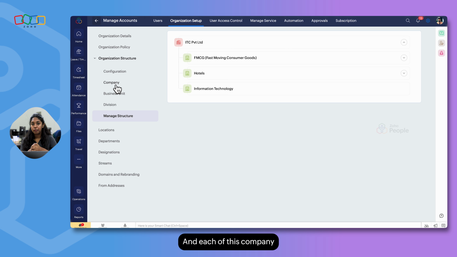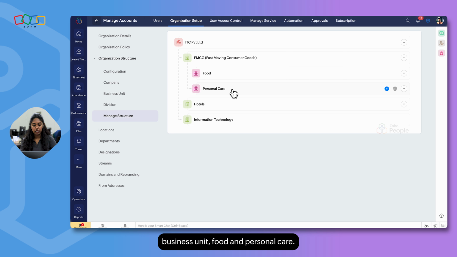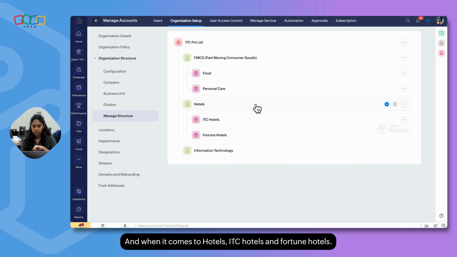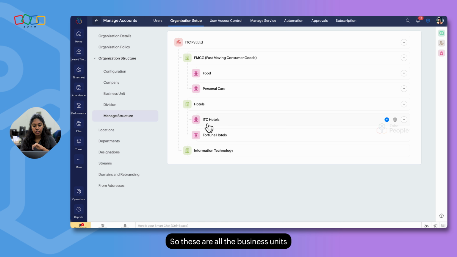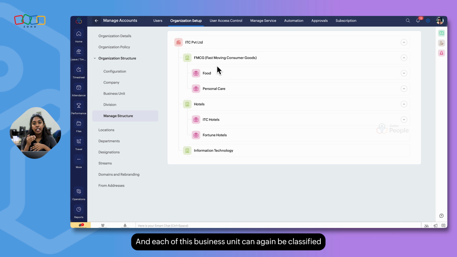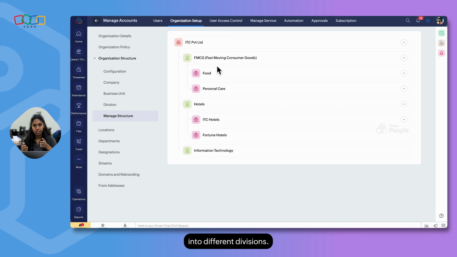And each of these companies will have different business units. For example, if you take FMCG, these are the business units: food and personal care. And when it comes to hotels, ITC Hotels and Fortune Hotels. So these are the business units available under this particular company. And each of these business units can again be classified into different divisions.